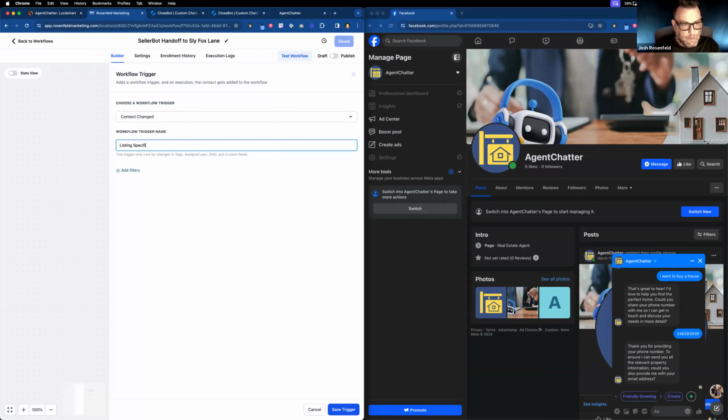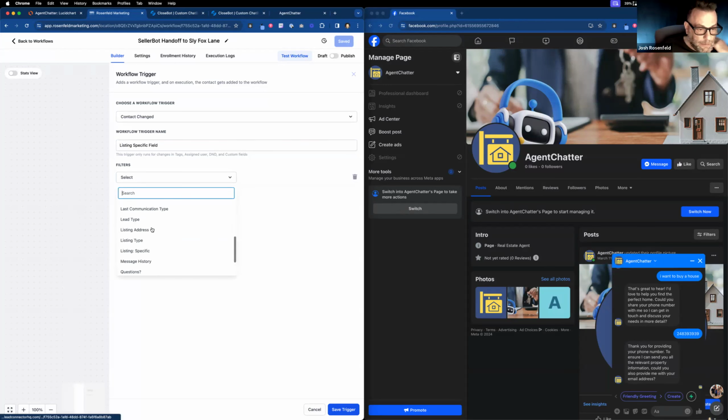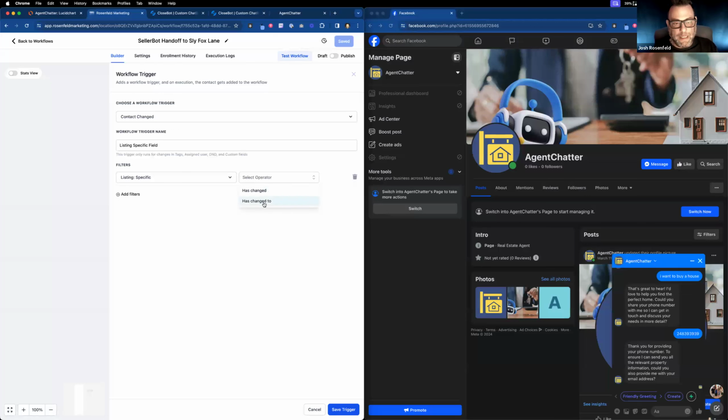Listing specific field. Okay. That's the trigger. And then I'm going to add a filter, and we'll say, we go down here, we're going to do listing specific. And so if it has changed to only Sly Fox Lane, okay. If it's changed to that,